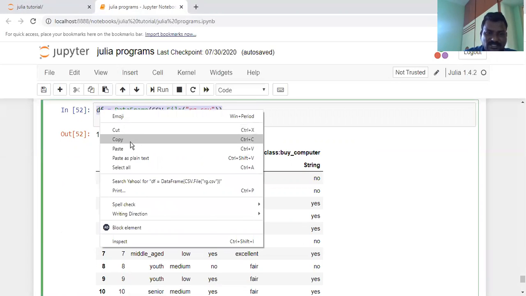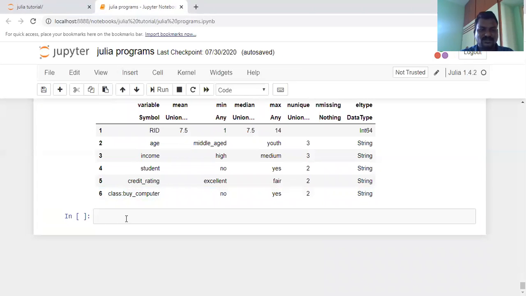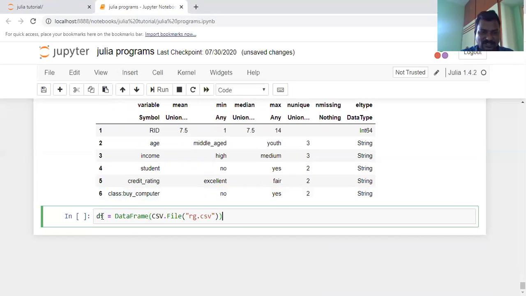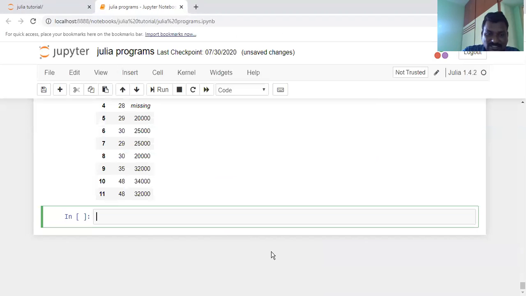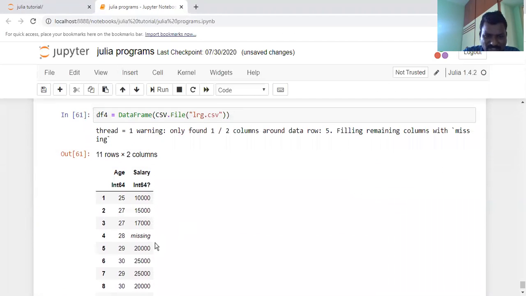I am taking the data frame named df4. How can you get the missing value? Here one missing value is there.